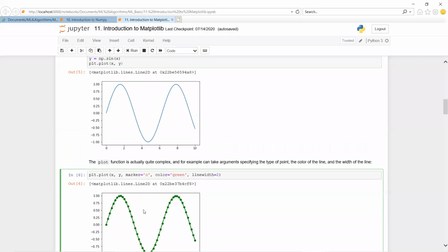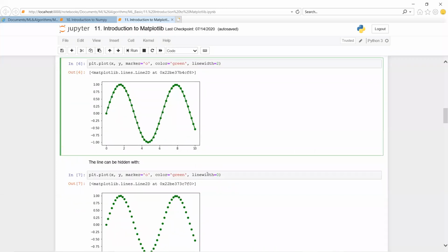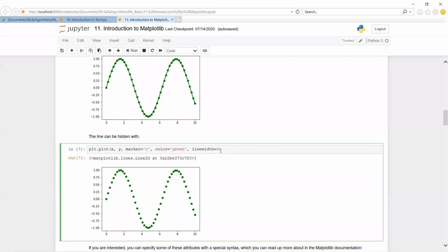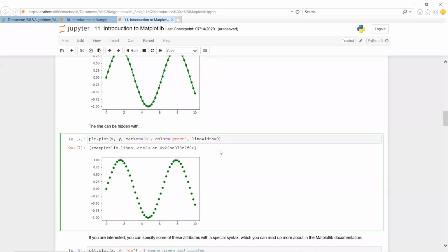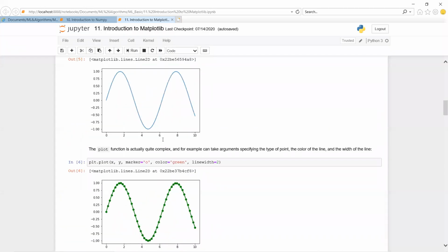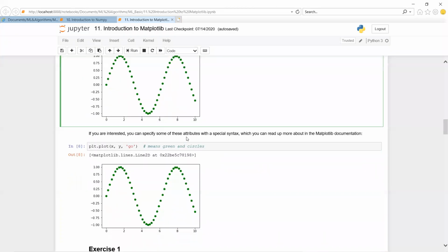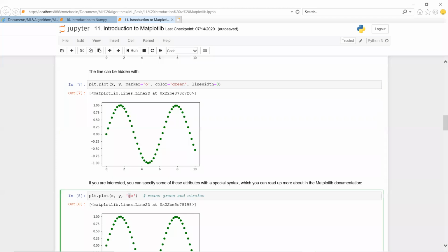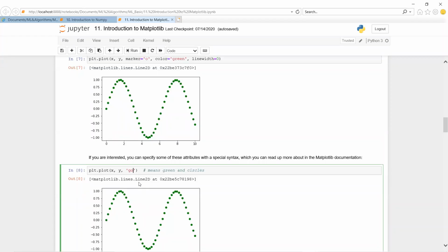And if you want to print only those O values, we don't need that line, then we have to remove this one, line width as 0. With the same code, here the line width I'm giving as 0. So what is the meaning of this? So we are not going to plot the line, the line width will be 0. So here the difference is there. Here we are giving marker and color, line width, all those things. So instead of this we can use like this also, x comma y, go. The first one is about color and the next one is about the marker. Directly with the green color O marker it is going to print. It is the shortcut form.